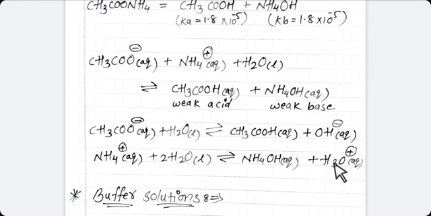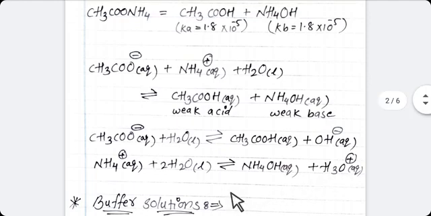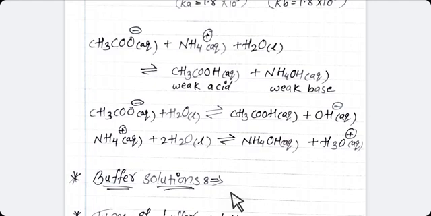The next topic is the buffer solution. Actually, what is the buffer solution? A buffer solution is defined as the solution which resists drastic change in pH when a small amount of strong acid or strong base or water is added to it. It means when you add buffer solution to any substance and then add any acid or base, there is no change in the pH of the substance or solution.